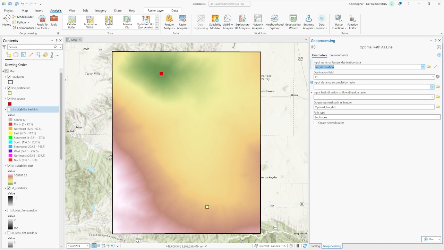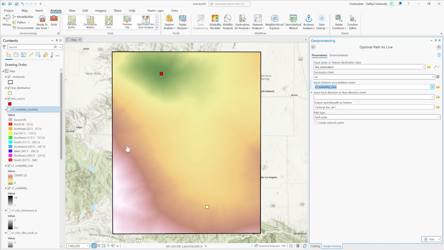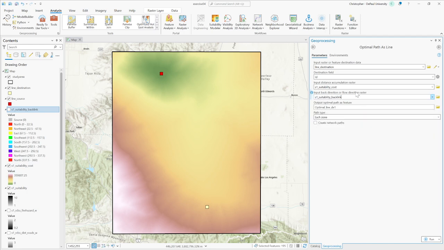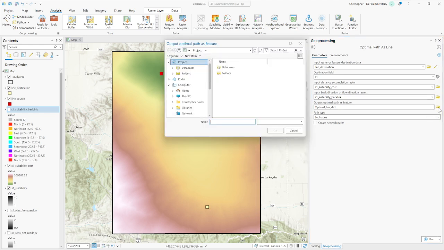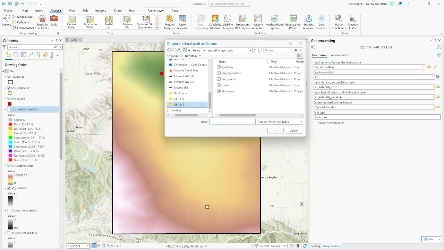The input distance accumulation raster is going to be that scenario one suitability cost grid there. That was the cost accumulation, the one we're looking at right here. And then the backlink is the flow direction raster that we need. Then our output is actually going to be a feature layer, and I want this in that same data set. So wait a second, go to suitability. It should be in here. I'm going to name it S1 optimal line,